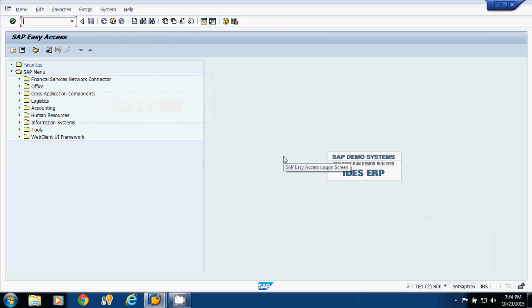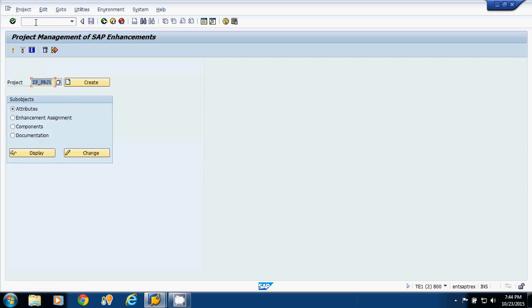Hello everyone. This lecture is again a continuation of customer exit. Now what we have done, we have created the project, and in the project we have passed the enhancement name which we have got from our MODSAP table. So I will move on to transaction code CMOD. This is my project